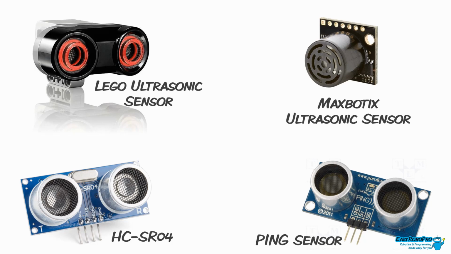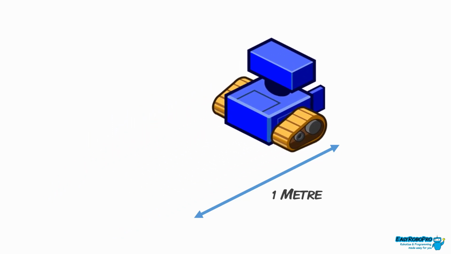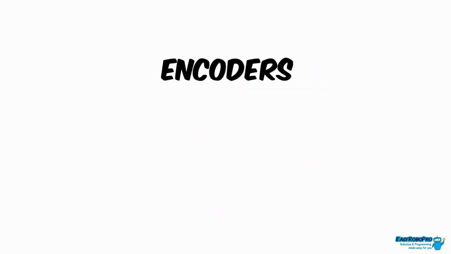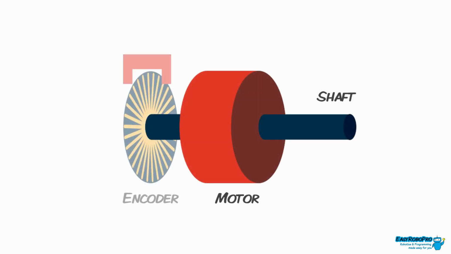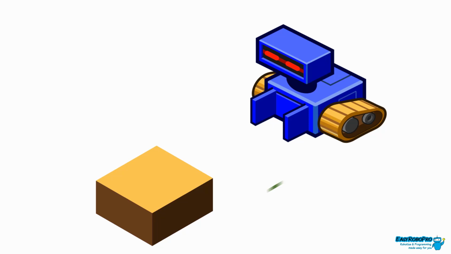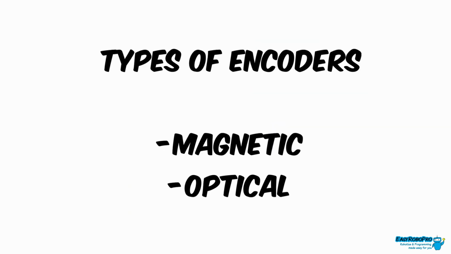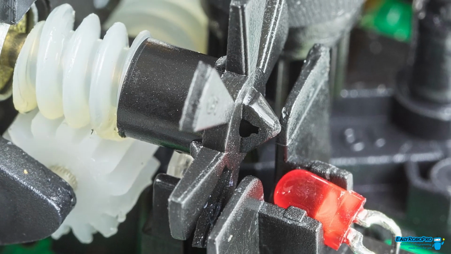ultrasonic sensor, etc. Now suppose you need to make a robot move exactly 1 meter, no more, no less. To achieve this task, you will typically use some kind of an encoder. An encoder is a sensor that's typically attached to the motor shaft and rotates along with the motor. It tells the processor precisely how many degrees the motor has moved, and you can use this information to control your robot to a much higher degree of precision. There are typically two kinds of encoders, magnetic and optical, and they may be pre-attached to the motor or come as a separate kit. Due to the precision they offer, encoders are a must-have for advanced robotics projects.